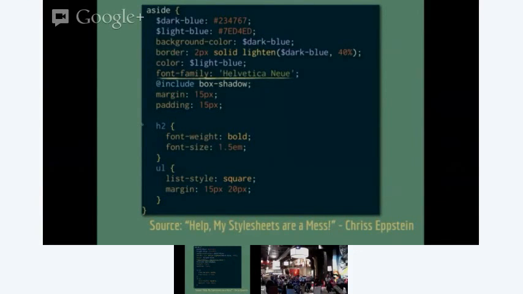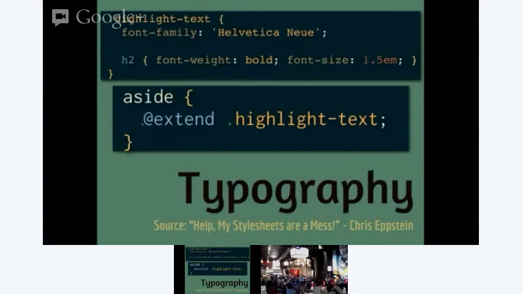So let's take a look at the typography. So I've got that font family declaration, and then the font weight and the font size. Well, let's pull that out. Let's create this class highlight text where I define the font, and it'll say what the size and the weight